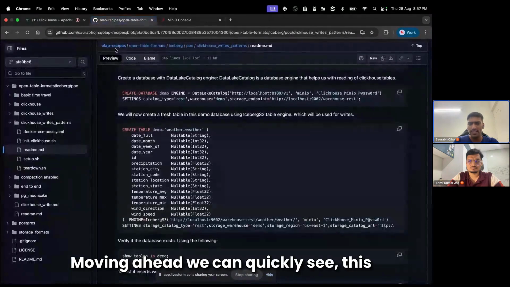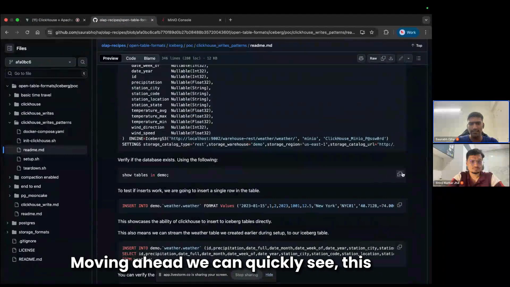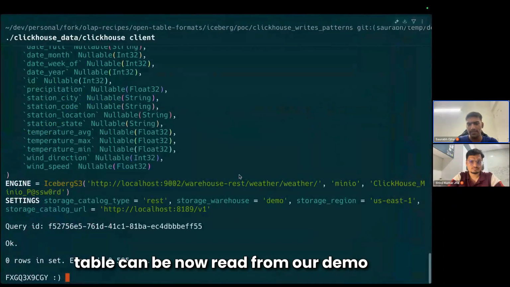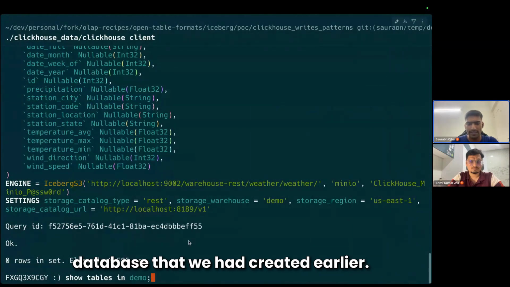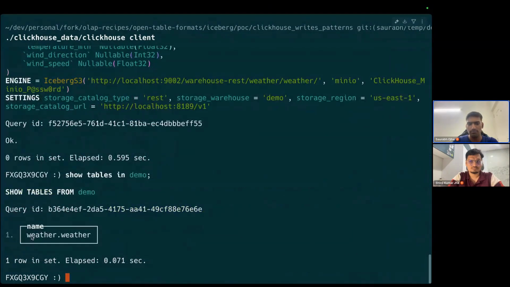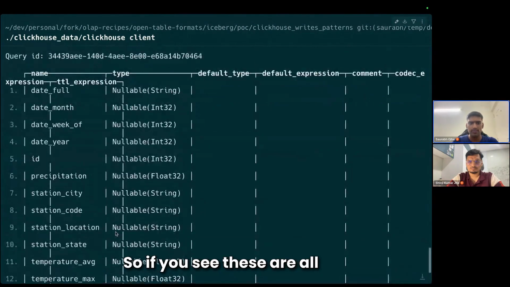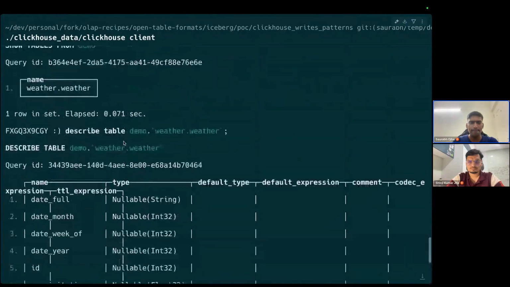Moving ahead, we can quickly see this table can now be read from our demo database that we had created earlier. So this is the table, and we can even describe this. If you see, these are all the columns that were created.